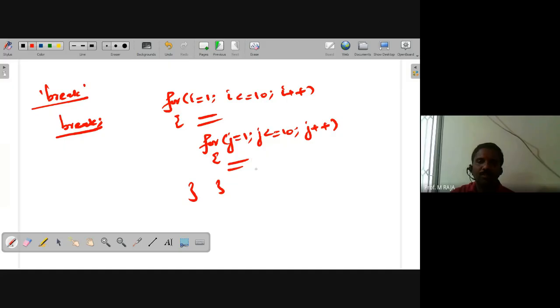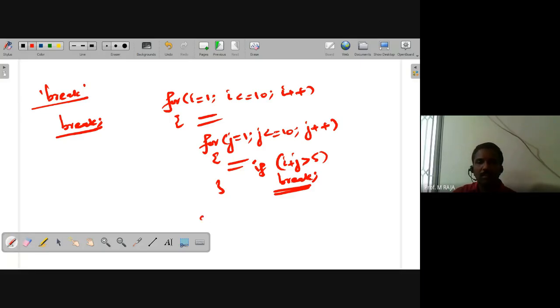Here have some statements. Suppose we have if i plus j is greater than 5, then having a break semicolon. What happens